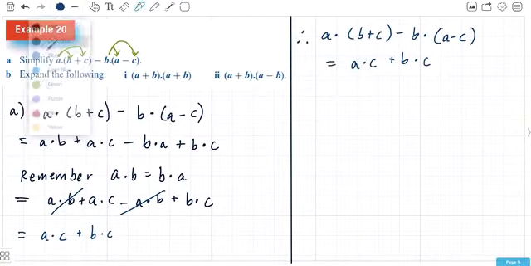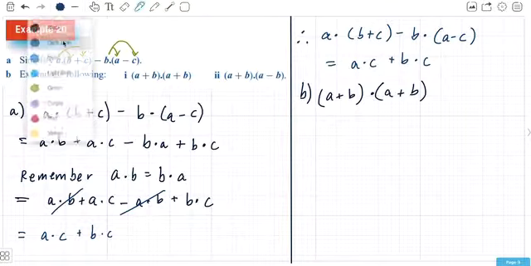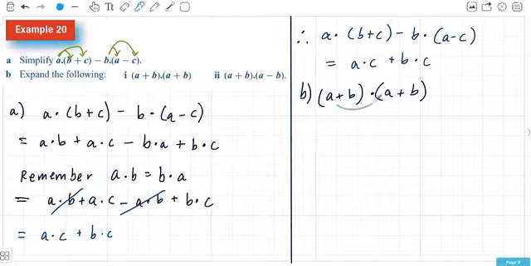For the next two, we're expanding. So again, similar kind of thing: (a plus b) dot (a plus b), and think of this as a multiply again. So we're going to multiply across the bracket. I'll do this in a different colour so you can see it. Across the bracket that way, we'd have a dot a, and then plus a dot b,